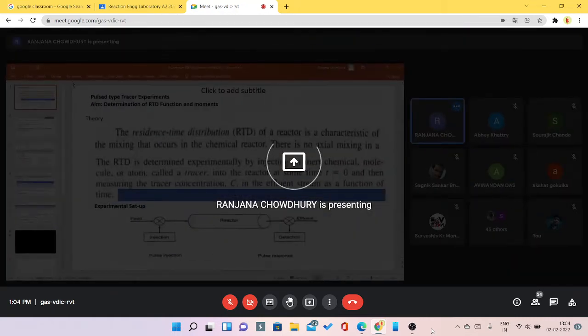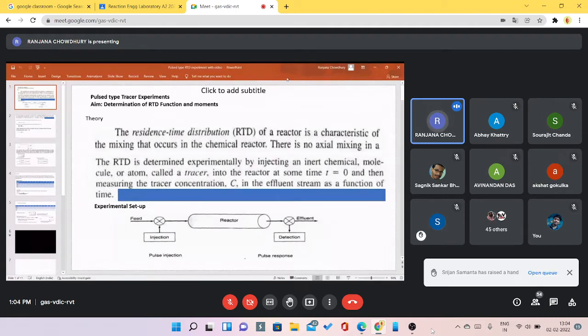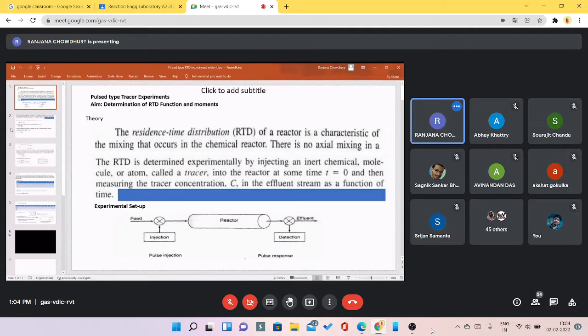Okay, so this experiment is on RTD, or residence time distribution. You have already covered or studied it in the CRE1 course, so you have an idea about residence time distribution. Residence time distribution is